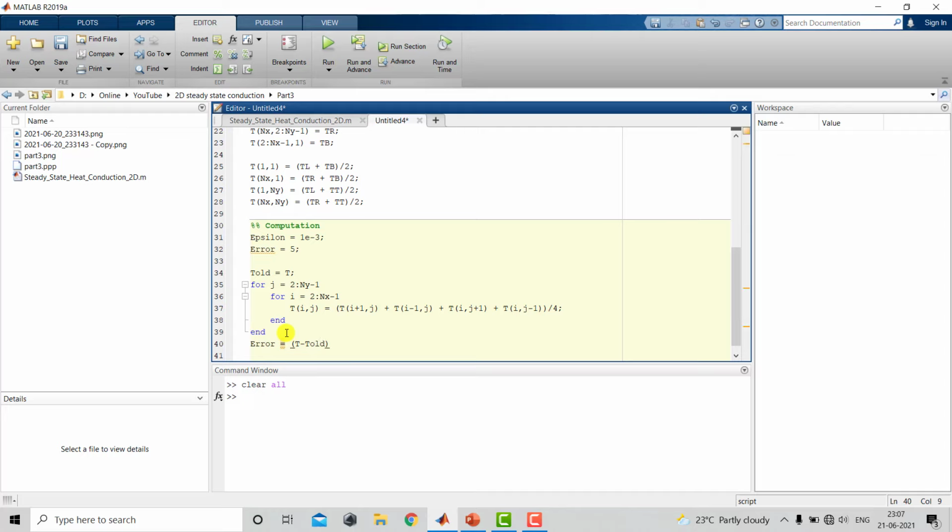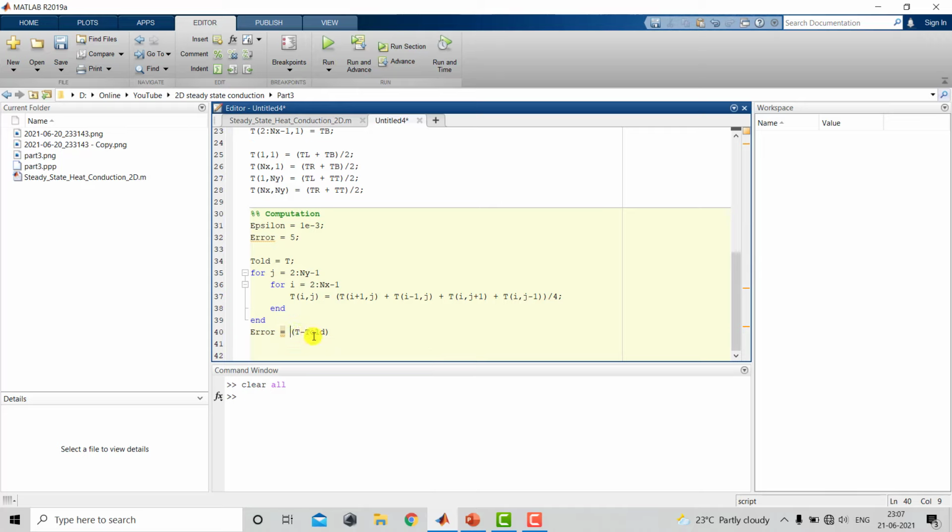After finding the difference, we will make the square of all the elements of T minus T old, and then we will sum all those squared elements. So the basic syntax is sum square, that is SUMSQR. What SUMSQR will do is first find the difference between the corresponding elements of